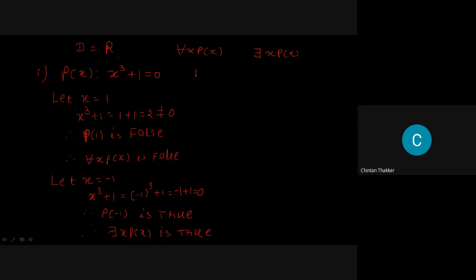You can answer the full example this way, and you have to write in the chat box this value: this is false and this is true. So you have to write this in the chat box, f and t. f is for for all x p(x) and t for there exists x p(x). I think you all understand.